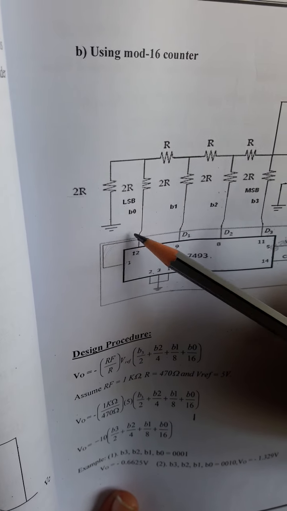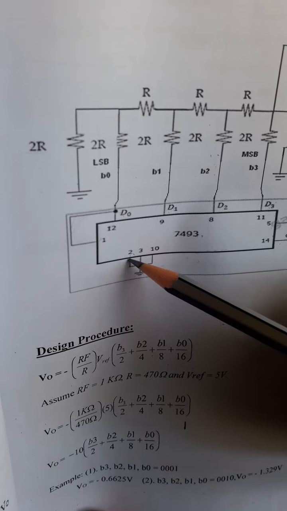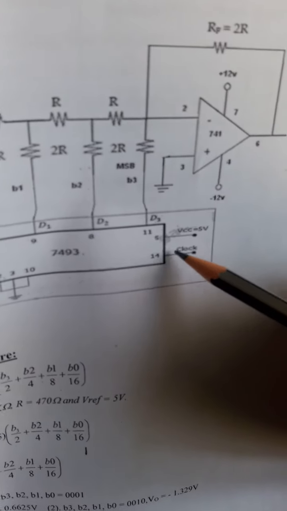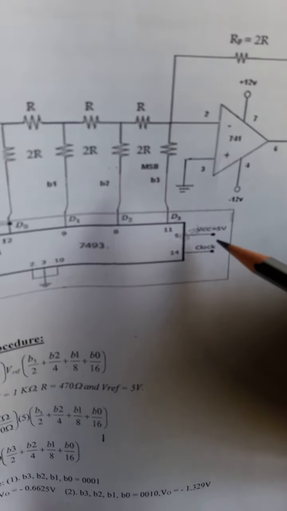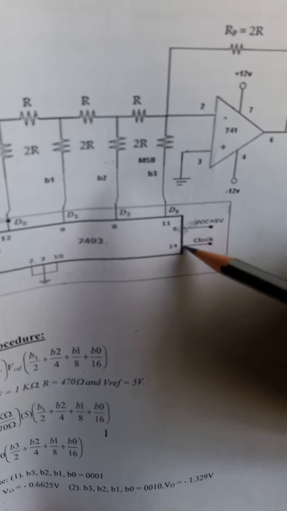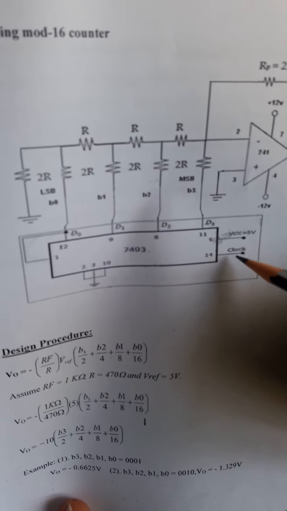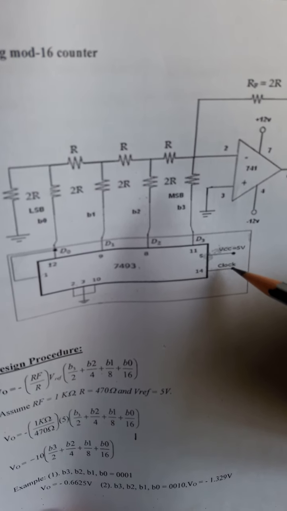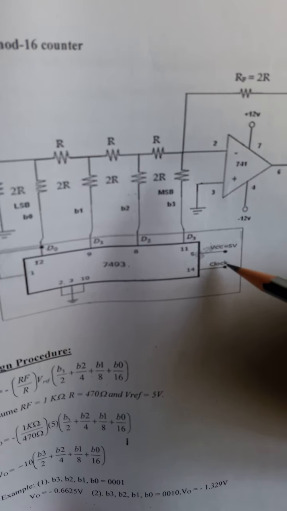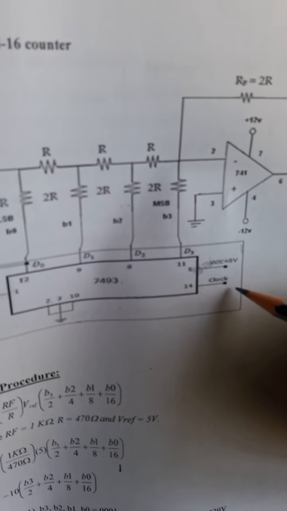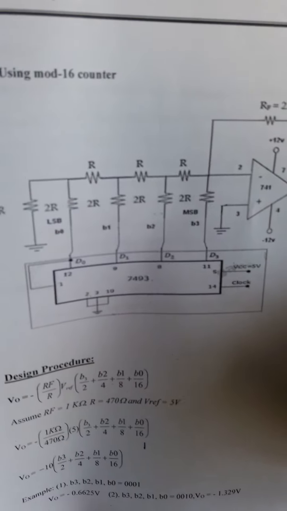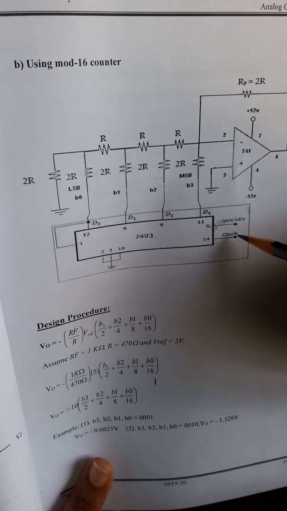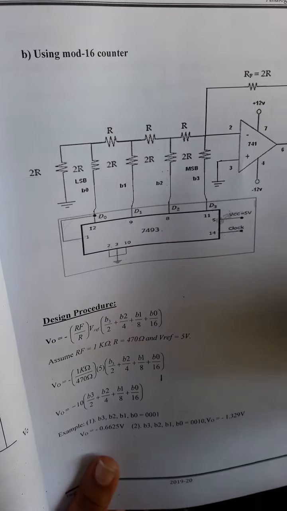Pin number 1 and D0 are shorted. Pin numbers 2, 3 and 10 are shorted and connected to ground, and this is very important, the clock pulse. We are giving the input in terms of clocks. If the clock is 1, I will press only once. If it is 2, I have to press 2 times. If I want the input 3, you have to press this 3 times. Similarly, if I want 14, I have to press this 14 times. I will show it while explaining the circuitry.